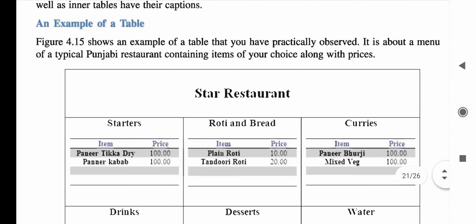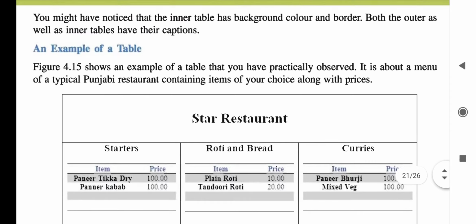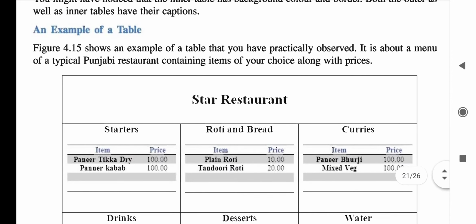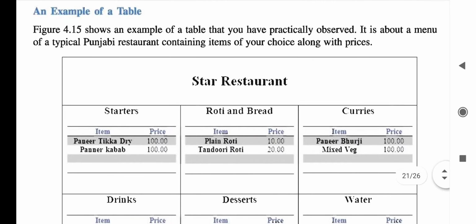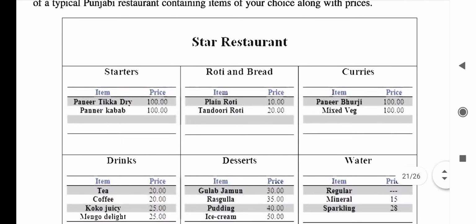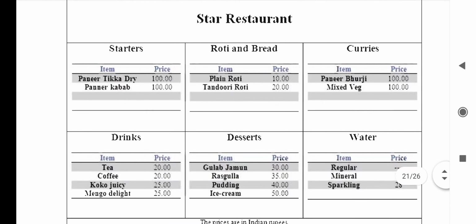Now an example of a table. Here is another example of a table. This is a menu chart of a Star Restaurant. Figure 4.15 shows an example of a table that you have practically observed. It is about a menu of a typical Punjabi restaurant containing items of your choice along with prices. So you can see this menu card is given here of a restaurant,